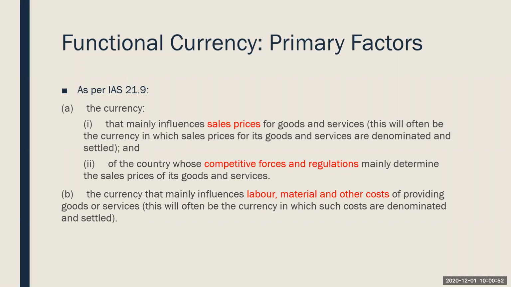Now, if both the factors indicate one currency, say the Canadian dollar, then the Canadian dollar should be the functional currency. Or if both factors indicate some foreign currency, for example, the US dollar, then the US dollar should be seen as the functional currency. However, there can be situations where the entity's sales might be in Canadian dollars, whereas its input costs, the costs of labor, material, etc., are incurred in some other currency. Well, then you have a tie as far as the primary factors are concerned, and you must look